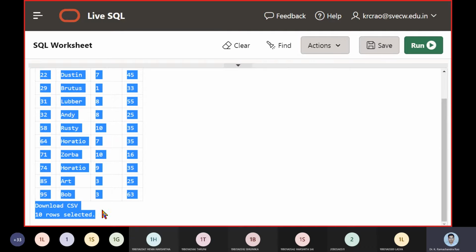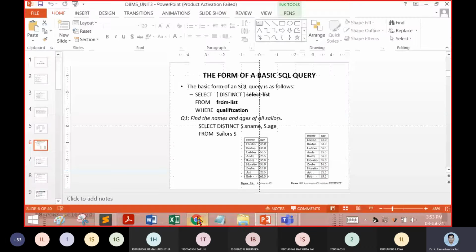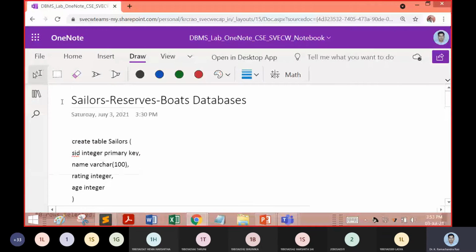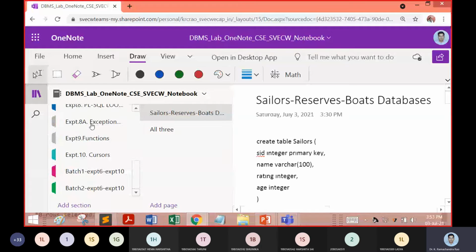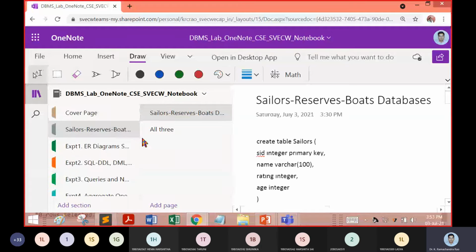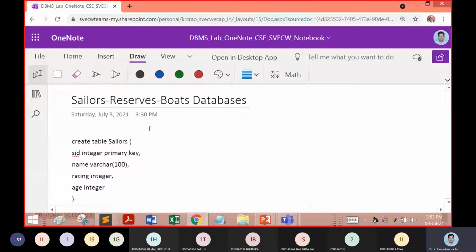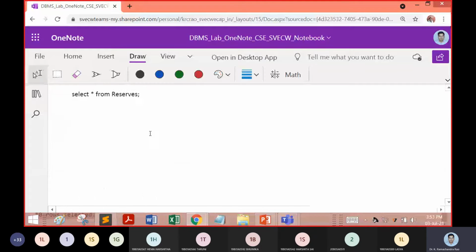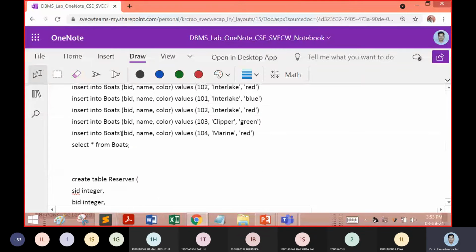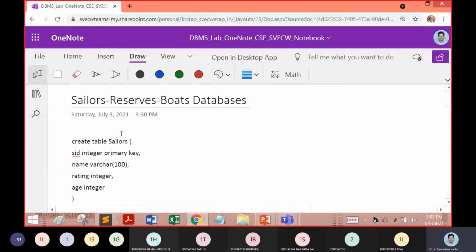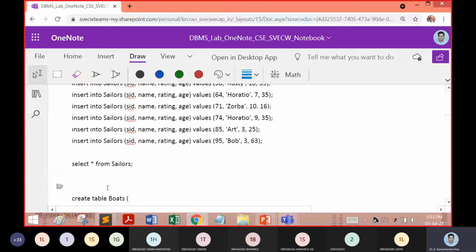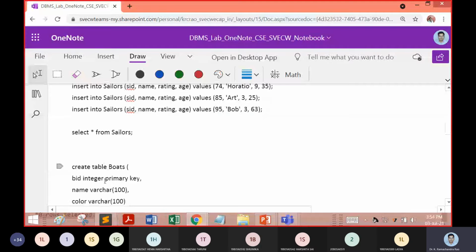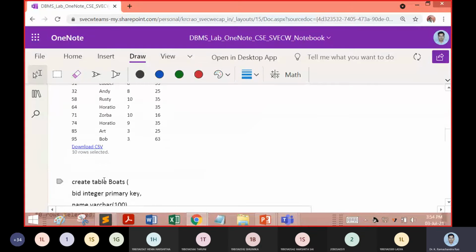So now let us work in our shared notebook for quick reference, where we have done all our experiments. Now I'm adding one more page where we will bring up the databases at a single location, so that it will be quite easy for us to navigate one after the other. So now you can paste this content as part of a result set here.